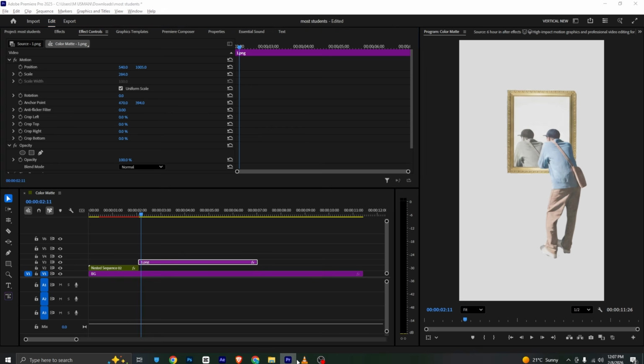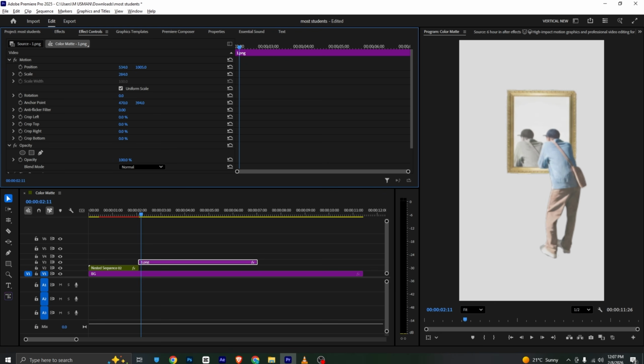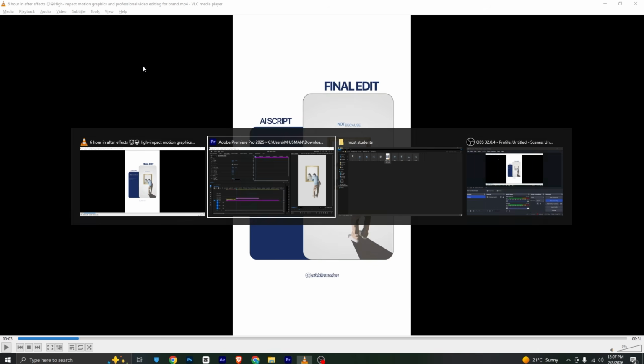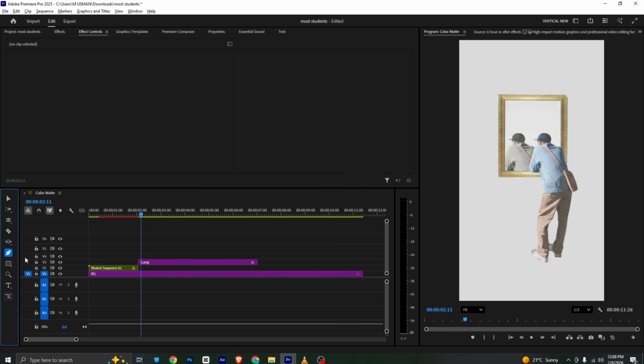So if we see in the video, it will be looking like this. So I will just make sure it's in the middle. I think this is okay. Now we need to create this shadow. So to create that, I will just simply select the